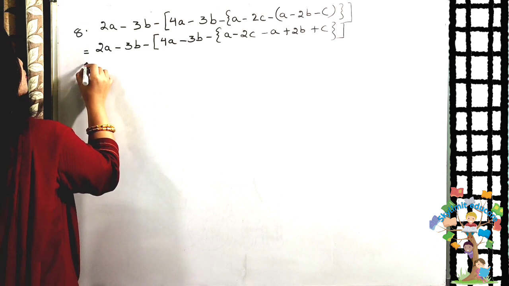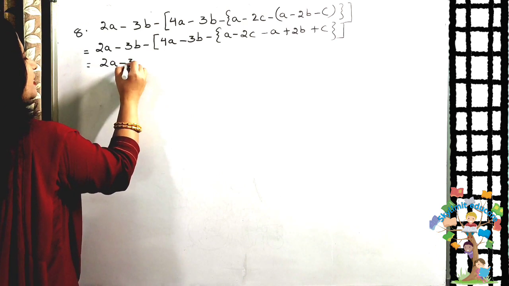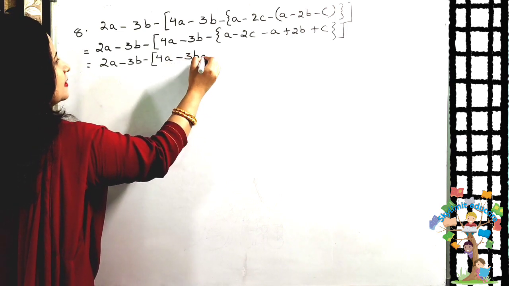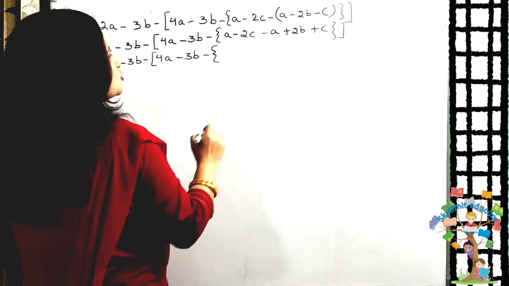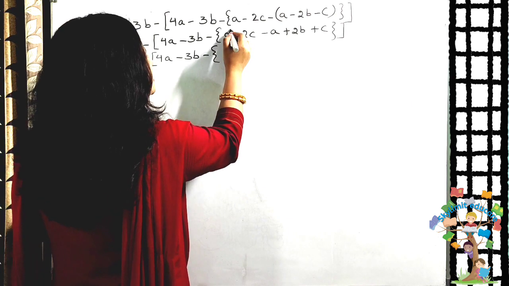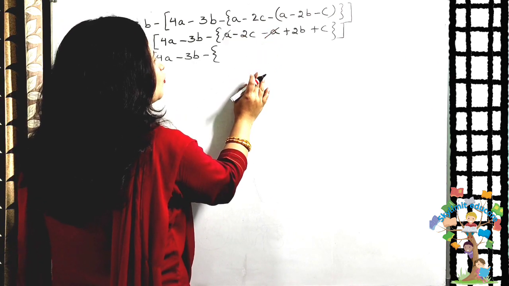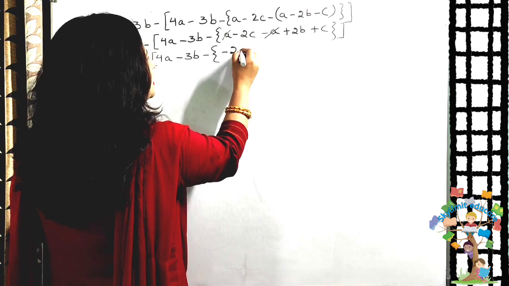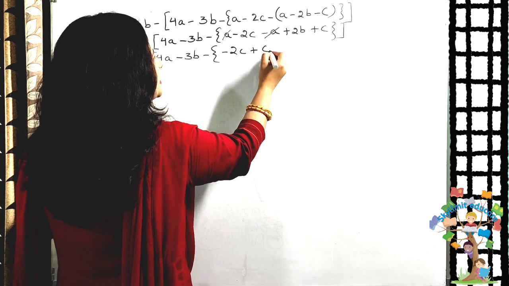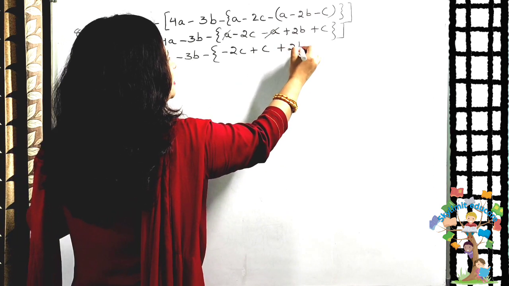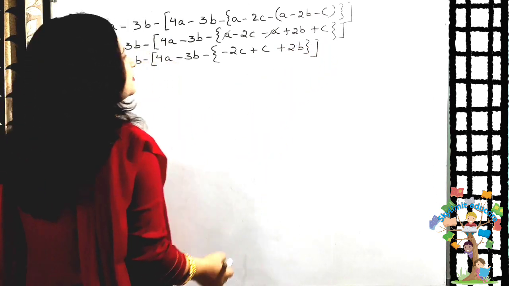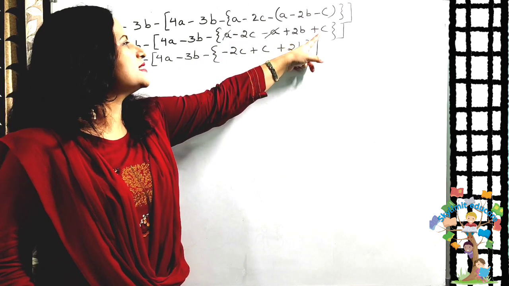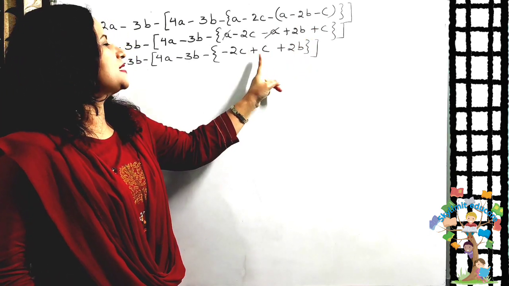Okay. Now we have to solve the curly bracket. Again, I am copying down everything as it is. Clear? Now let me solve the curly bracket. So inside the curly bracket, students, this is a and this is minus a. Both will cancel out. Plus a minus a. Now I have here minus 2c and this is a like term, plus c plus 2b. I have arranged the other terms. Minus 2c, c is there, and here also c is there. This is 1c. So plus c plus 2b.